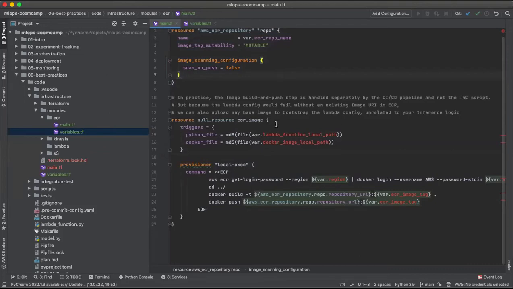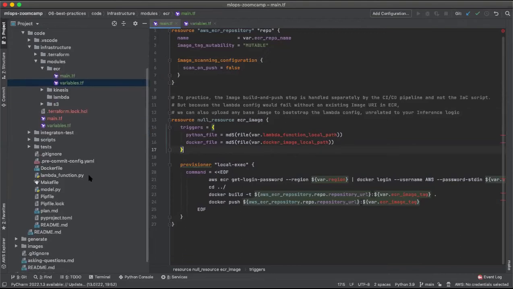However, because we have all coupled it into one workshop here, we would also need to push the Docker image from here. And for this, we will be pointing to our Lambda function,